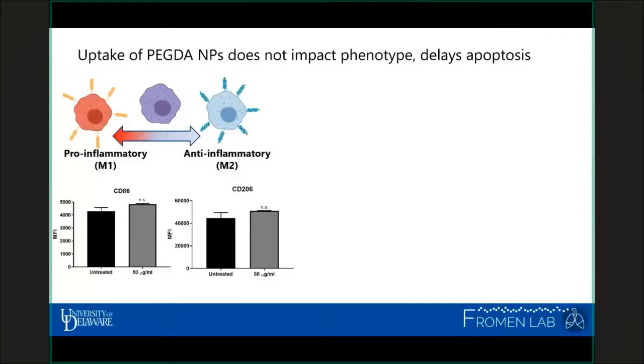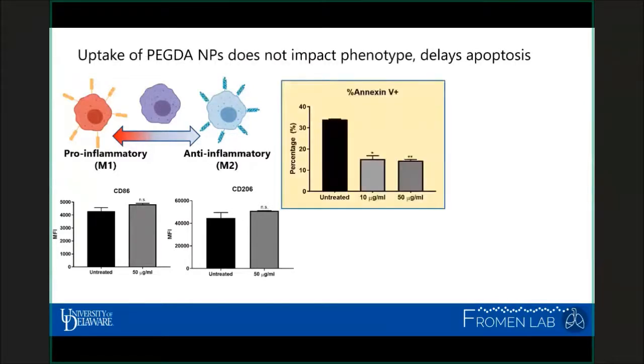And I'm just showing examples here, but we don't see any signs of activation with these cells. And that's really probably the most striking aspect of it. Not only are they living forever, or they're living for a much greater amount of time, but they're not activated in the traditional sense, as if they had eaten a bacteria or had been responsive to a fibrotic environment or cancer environment. What we do find is that they are delaying apoptosis, and we can show this by a